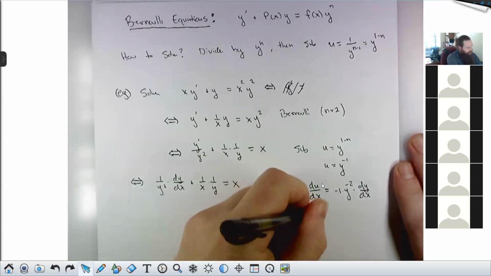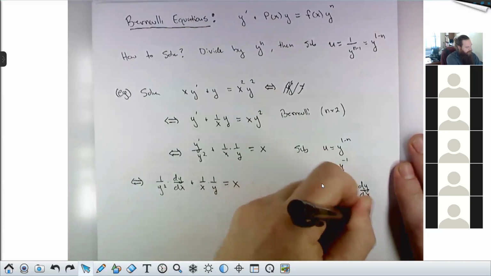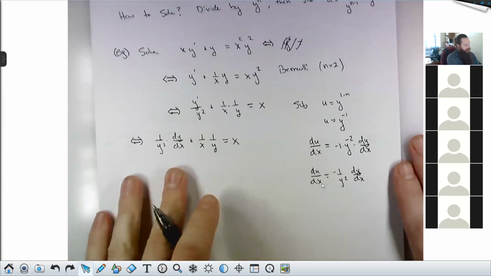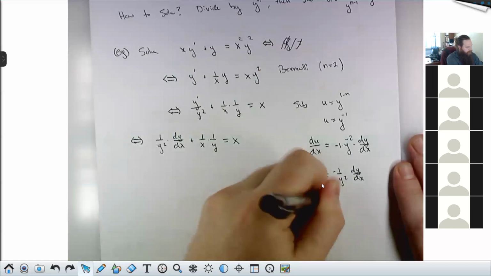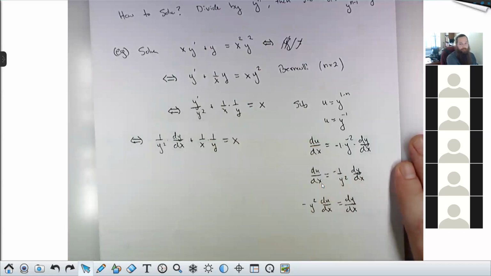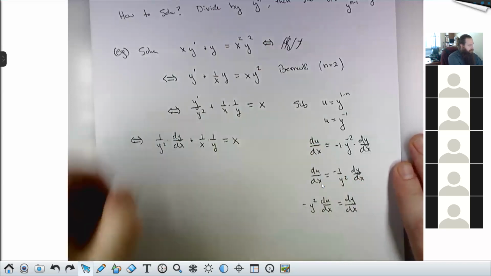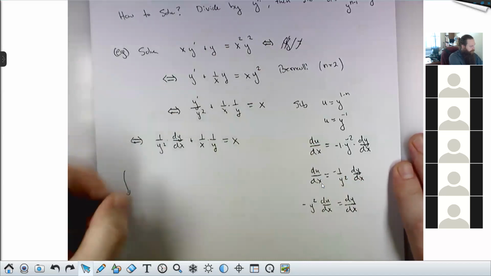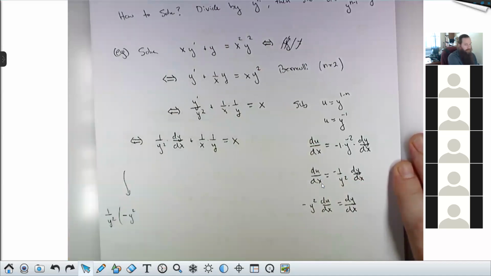So this is the same as saying du dx is equal to -1 over y squared times dy dx. So that's the same as saying negative y squared du dx is equal to dy dx. So here for dy dx, I'm going to replace it by negative y squared du dx. So I have 1 over y squared times negative y squared du dx, that's dy dx,